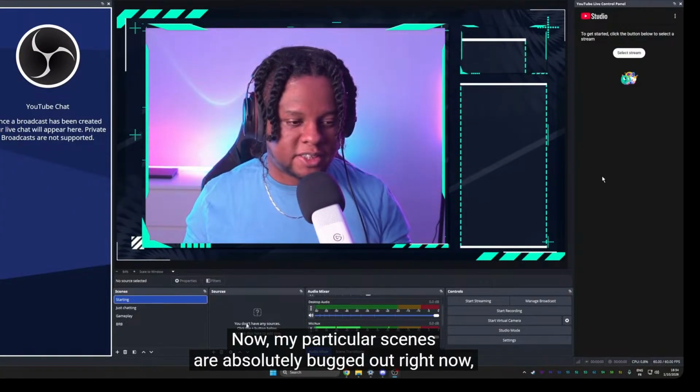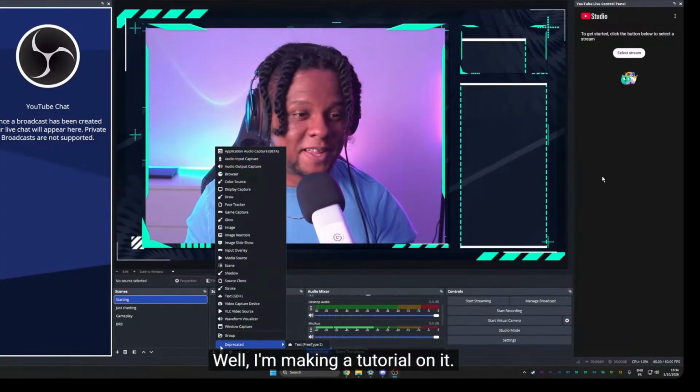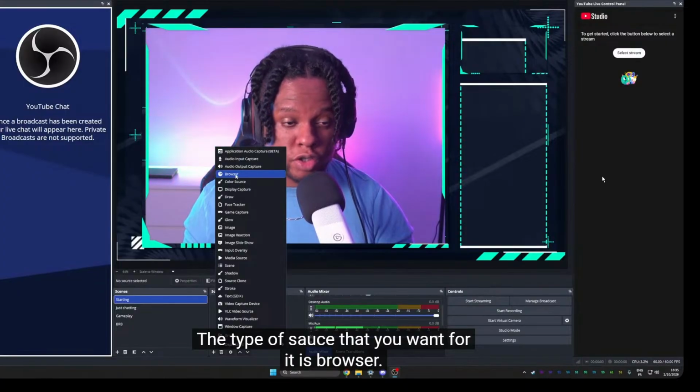Now, my particular scenes are absolutely bugged out right now, which is not a good look for OBS while I'm making a tutorial on it. The type of source that you want for it is browser. Browser is where